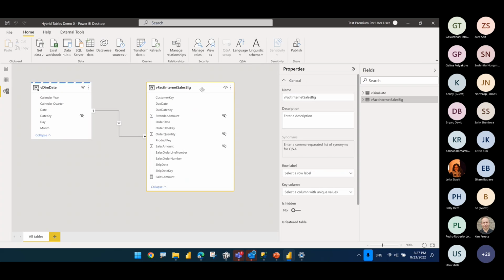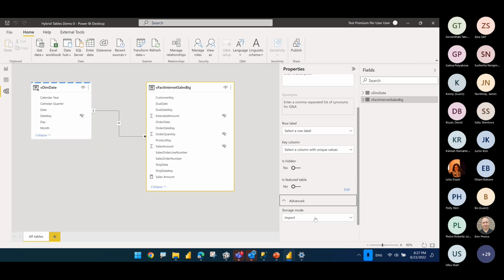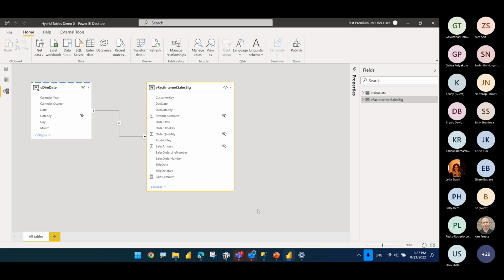Once you set something to import, though, you cannot switch it back. See, this one I cannot switch back. So if you are planning to start working with incremental refresh, make sure that you start your dimensions with DirectQuery. You cannot revert back. You just have to remove them and add them back in if you already built a model. So this is import, and this is dual, and we have one simple relationship. Right now, nothing is set up. There's no incremental refresh or anything.